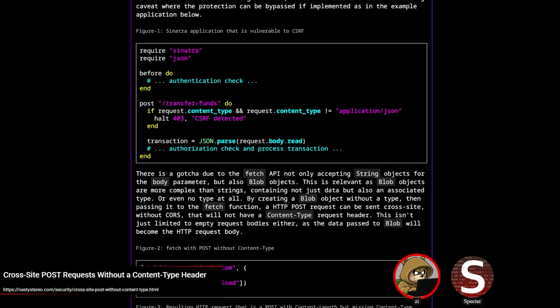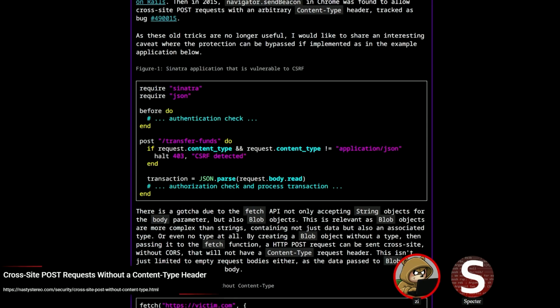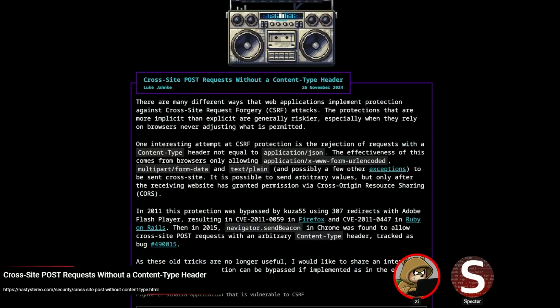That's definitely an edge case I could imagine being written in a number of languages. This type of code, if request.content_type and request.content_type not equal to application/JSON, that could easily be Python code. So you could easily find this sort of thing in Flask elsewhere, I'm sure. So it's just something worth being aware of, one, that you can send the request without that header at all. So yeah, I thought it's a cool trick. It's just something to be aware of.